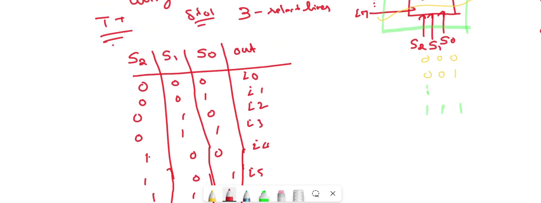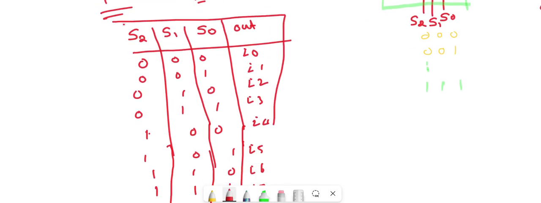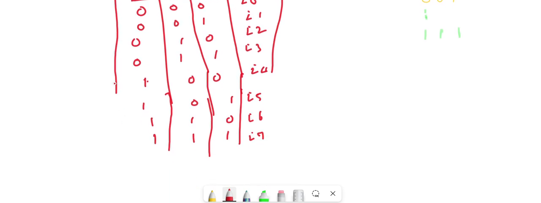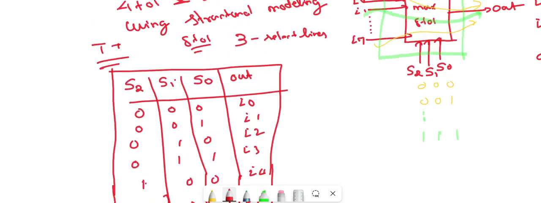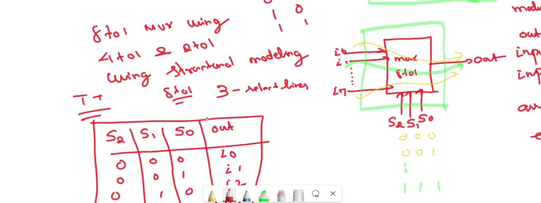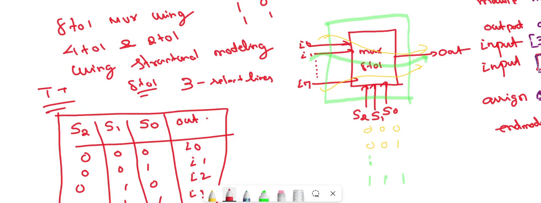So in the lab record, for the 2 to 1 mux, 4 to 1 mux and 8 to 1 mux, include the necessary circuit diagram, truth table, and the concept. Now, if you want to write any code using behavioral or data flow modeling with the ternary operator and assign statement, you can write it. So here we will